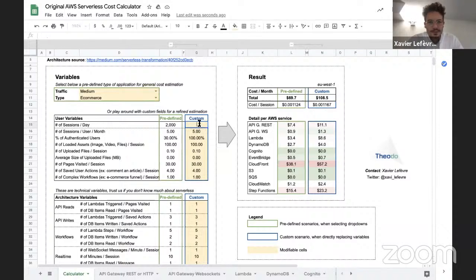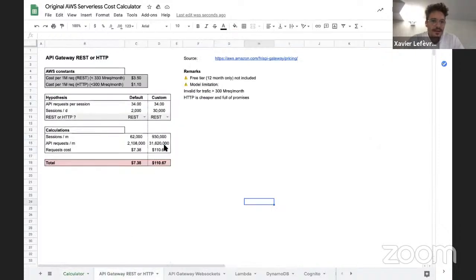So if I put, let's now, yeah. Okay, so now we have 30,000 sessions per day for still a number of 5 sessions per user. And there we see that Cognito starts to be a little bit more expensive. What's under the hood? We created 1 tab per service. And you have the full calculation, the source and the full calculation here. You can see that what's grayish, more gray, is what we set in the constants. A little bit more gray is what we set in the store, and what's white is what can be updated from the front, from the main dashboard.